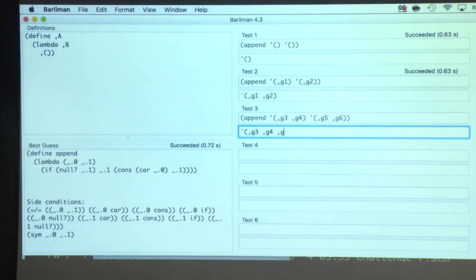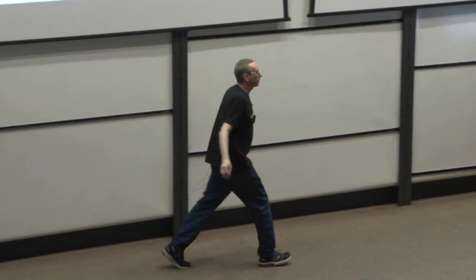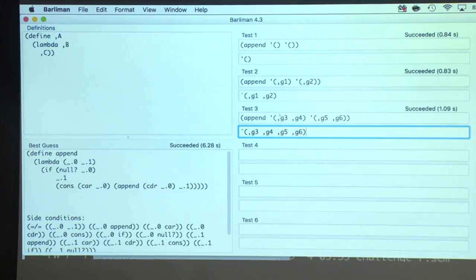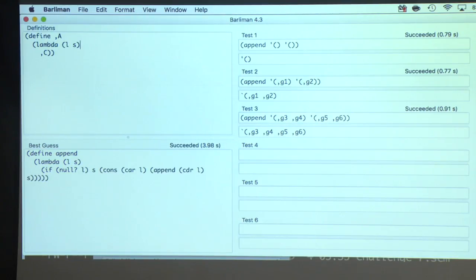So you can hide the function definition. Well, we'll see. Why do you have quotes instead of quasi? Because it's a little hack to make the quasiquotes work, or to make the gensyms work. Okay, that's actually the correct definition. It's a little hard to read. So this is actually an IDE. It's not a very good IDE, but it's an IDE. So I will add some variable names here. Let's say L and S. And now you can read it, and that's the correct definition of append.